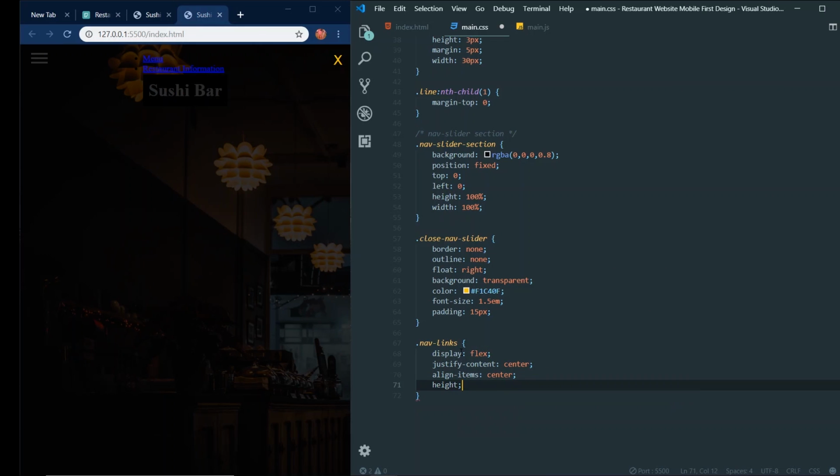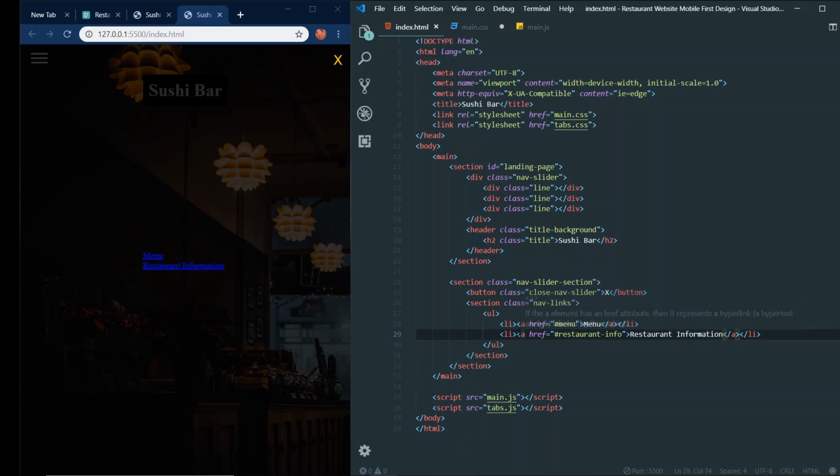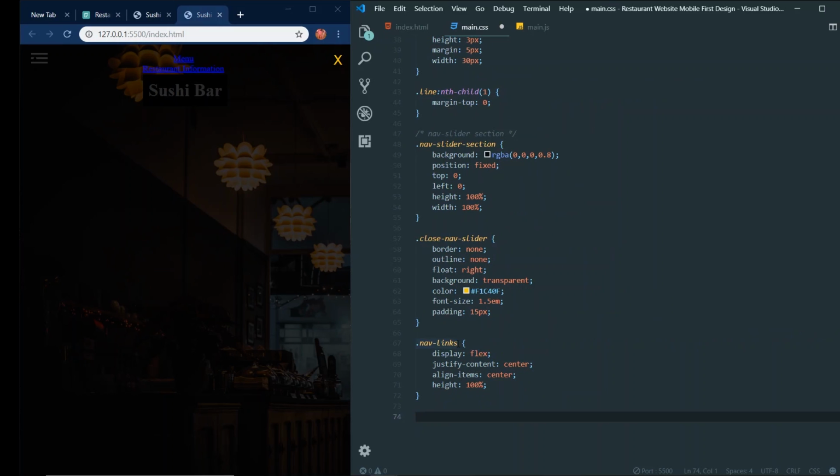And then we're going to give a height of 100%. There we go. And then inside the nav links, we are going to have an li. So let's give some class names to these. Let's call these nav links, and let's call that section with the nav links class. Let's put a container after the name, so nav links container. Okay, and the nav links class,